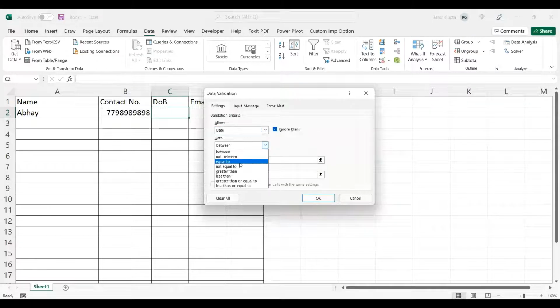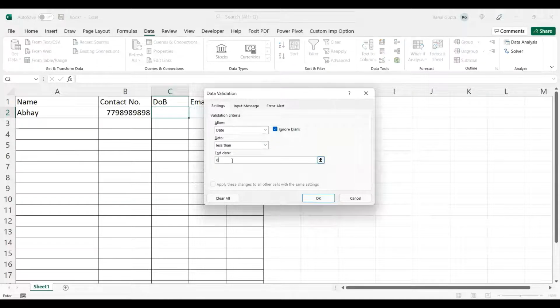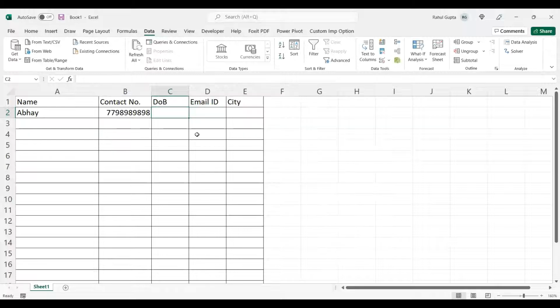I can make it less than today's date, that's 8/12/2005. 16 years back means 2005. Less than this date. I click on OK. And now if I type 10/12/2006, it's not accepted.